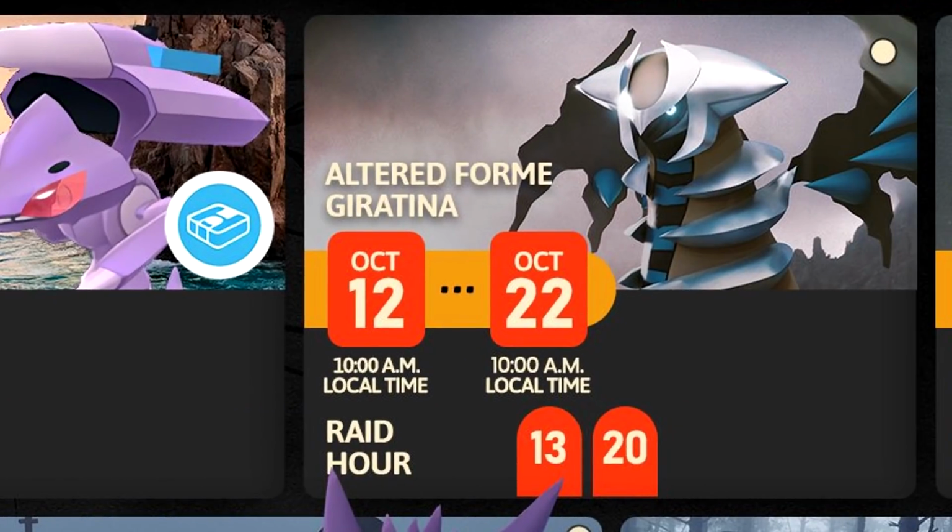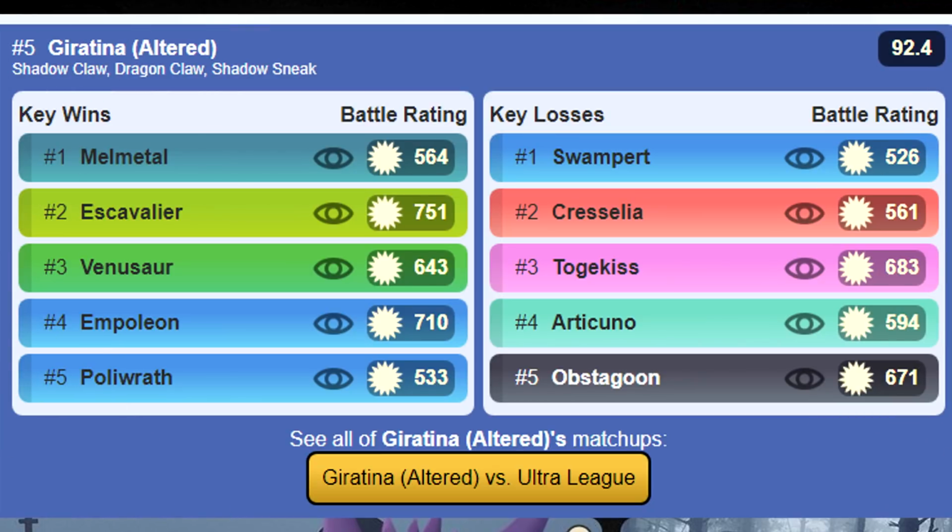So from October 12th to October 22nd, we are going to have Giratina in its Altered Forme. This is a really cool Pokemon because not only does it have its shiny form available, but this Pokemon is also really good in PvP, specifically in the Open Ultra League and the Master League. Giratina Altered Forme is top of the meta in the Open Ultra League,